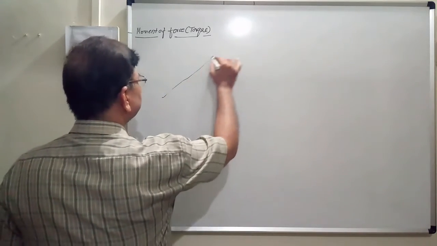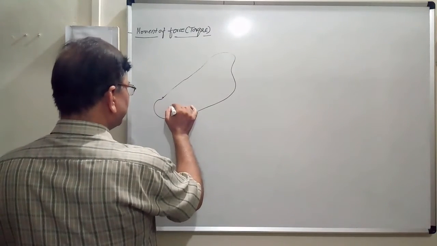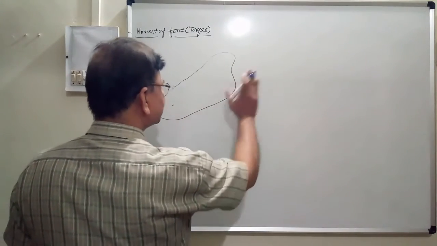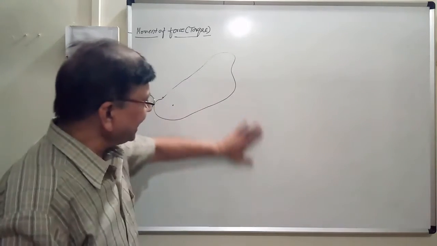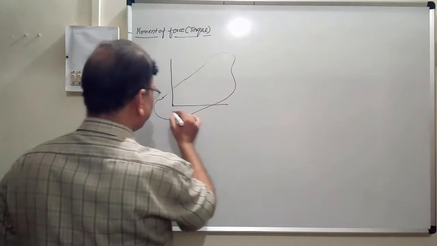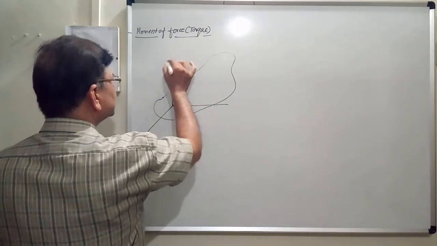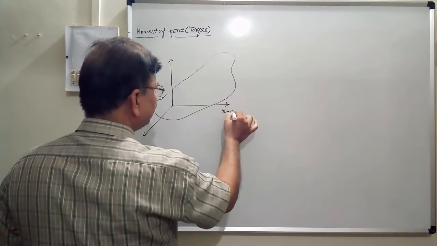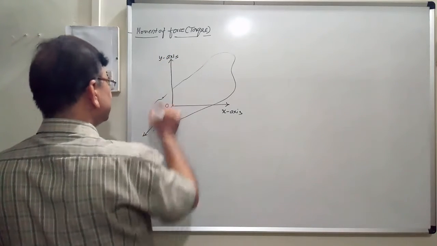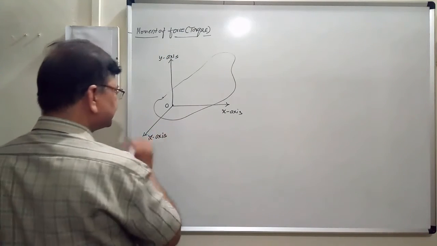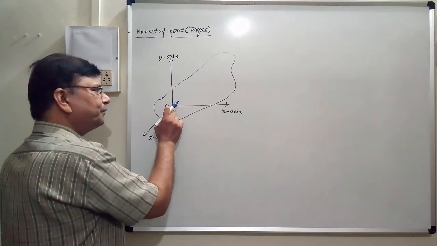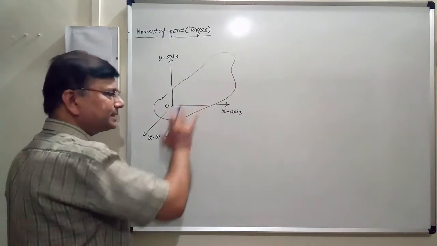Suppose this is an object, and this three-dimensional object, one section of the object is considered, जो कि इस प्लेन में है। ठीक है, अब इस जगह पर हमने एक कोऑर्डिनेट सिस्टम कंसीडर कर लिया है। यूं समझ लो कि this is a coordinate system, this is the origin, and this is y axis and this is z axis। एक थ्री डायमेंशनल ऑब्जेक्ट है, हमने एक सेक्शन कंसीडर किया है। This point is considered as the origin of this coordinate system। ठीक है,